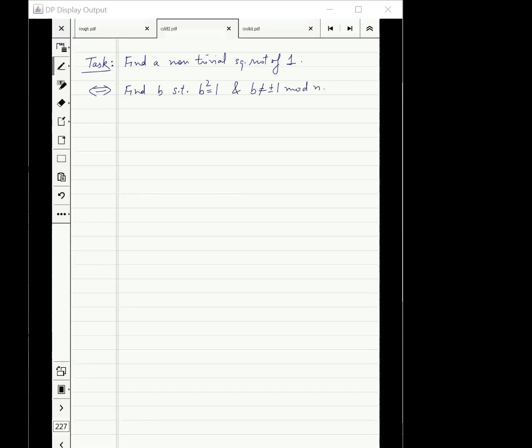Okay. Any guesses how we are going to do that? For people who have seen the algorithm before, there is no point answering. If you already know it, then it doesn't help. But for people who have not seen this,